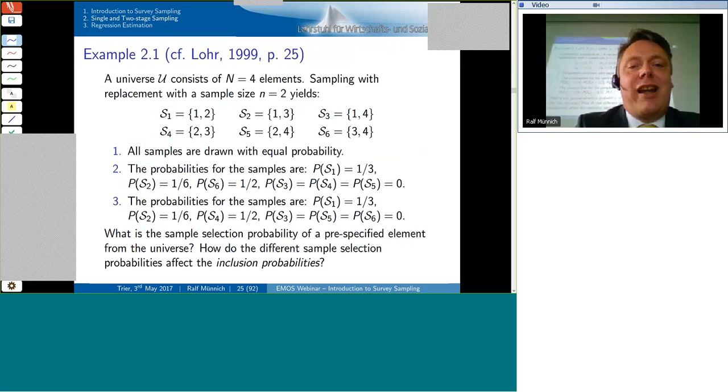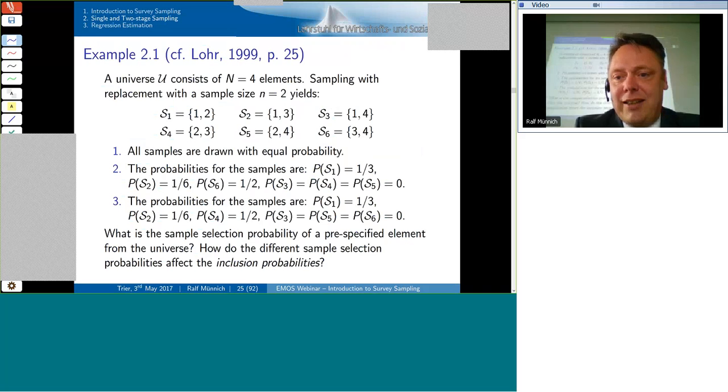Before we think about some details, we make an easy example. If you want to follow that and get some more explanation, it's from Sharon Lohr's textbook from '99. We take a universe with 4 elements. So that's the case where we can write down everything. Sampling with replacement with a sample size of n equals 2, and then we have these kinds of samples here,